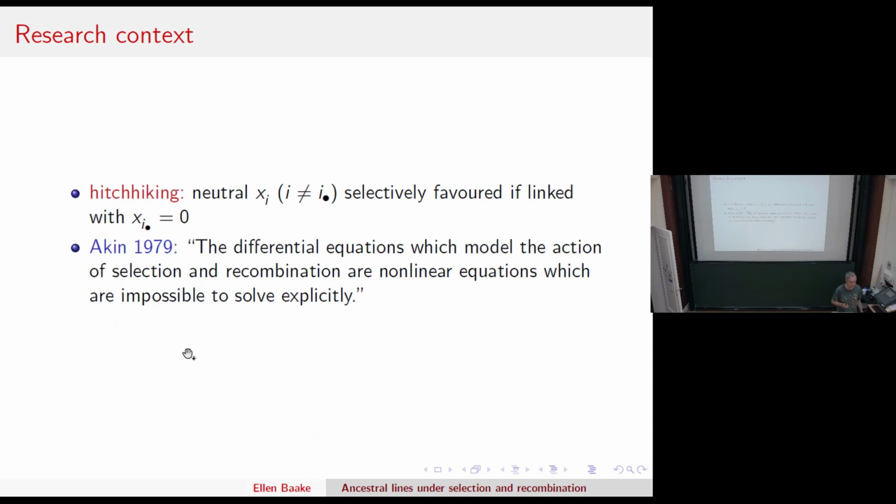But let me first think a bit about why this could be interesting. This differential equation is a classic in the context of what is known as hitchhiking. What does that mean? Well, the neutral sites or neutral letters do not themselves carry any selective advantage, but they can inherit the selective advantage of a 0 at a selected site if they appear on the same sequence. So if they are linked to a 0 at a selected site, then they inherit the selective